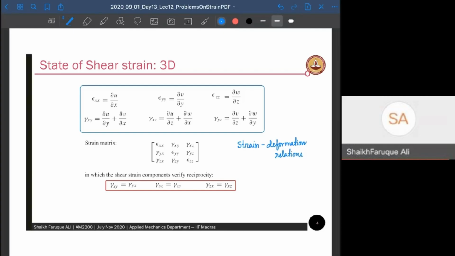So if anybody mentions strain deformation relation, they are referring to these values, and that can be written in a matrix form. This is the engineering strain matrix, and we know that it is going to be a symmetric matrix. So gamma xy is gamma yx, gamma yz is gamma zy, and gamma zx is gamma xz. Okay,